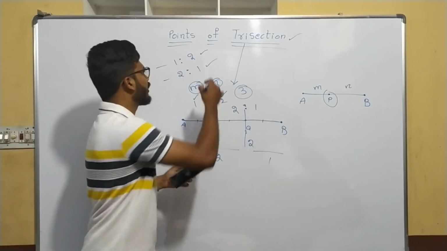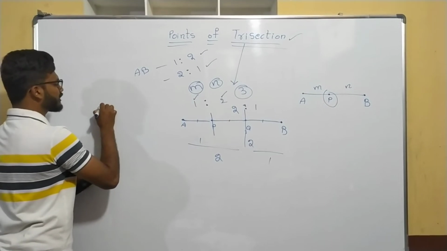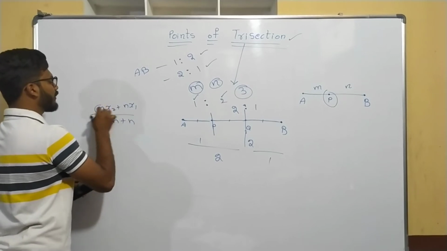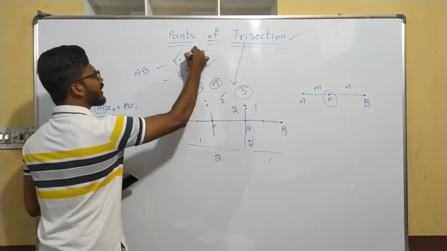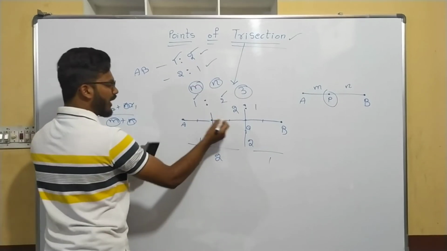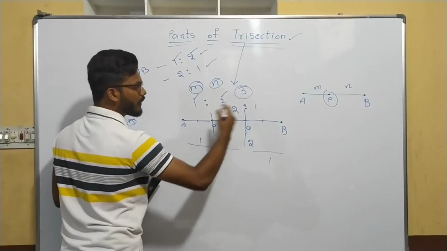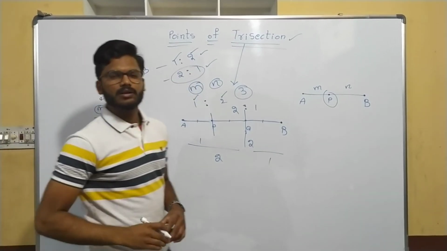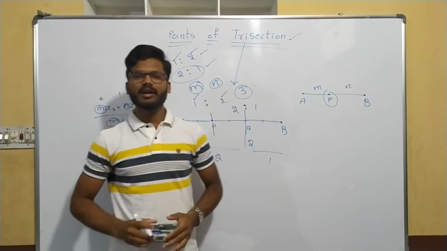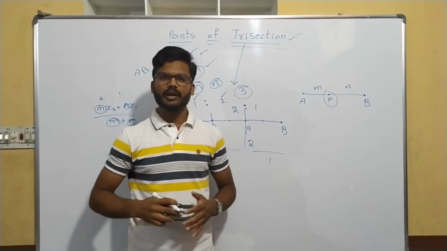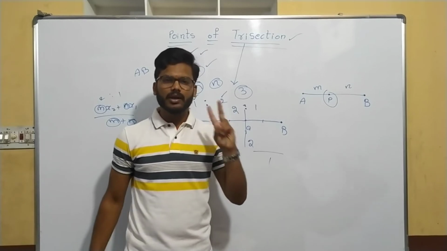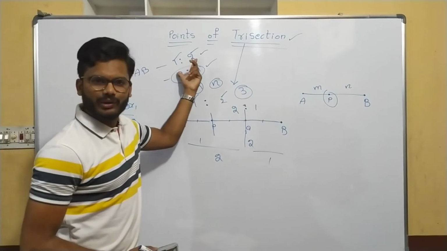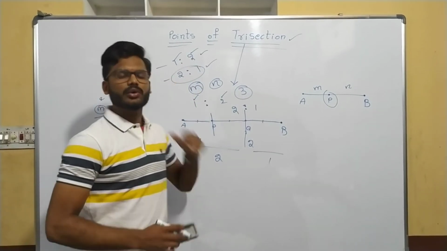2 is to 1. So by using section formula, in the place of (mx2 plus nx1) by (m plus n), in the place of m and n you have to substitute 1 and 2 to get the point nearer to the first one, and if you want to get the point nearer to the second one, you have to take the ratio as 2 is to 1. So by using this, you can find the points of trisection. How many total points of trisection are there? There will be 2 points of trisection, and in that, the first divides the line segment in the ratio 1 is to 2, and the second in the ratio 2 is to 1.